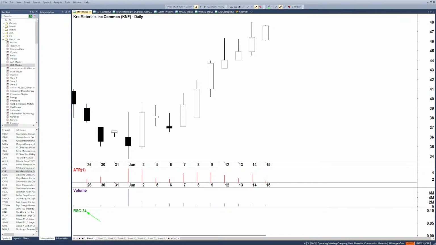Okay. So everybody, whether you're streaming or you are zooming, should now be able to see RSC-34, and that's the indicator there. Okay. And the reason why we can't see it on this chart for KRC Materials is, I'm guessing, we don't have 34 periods of data just yet. This one coming from French NZ,